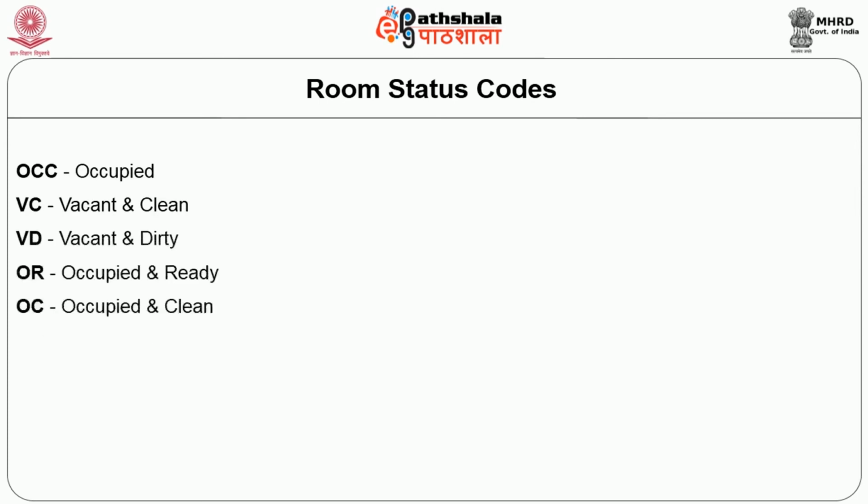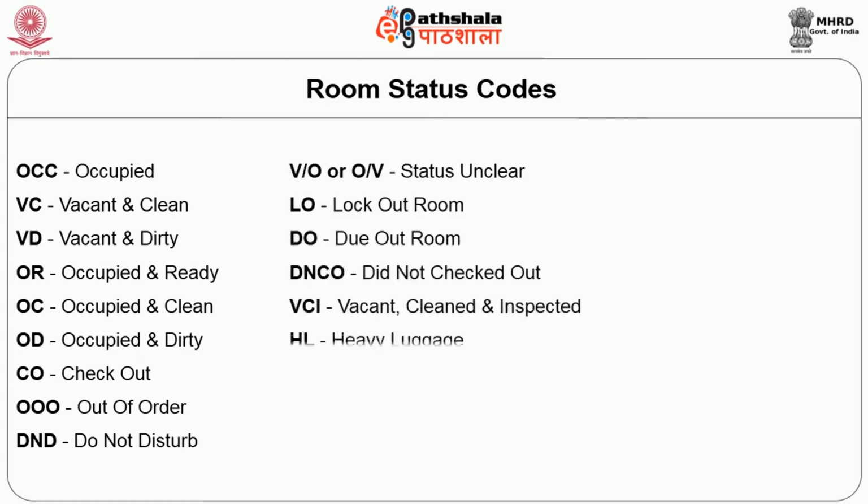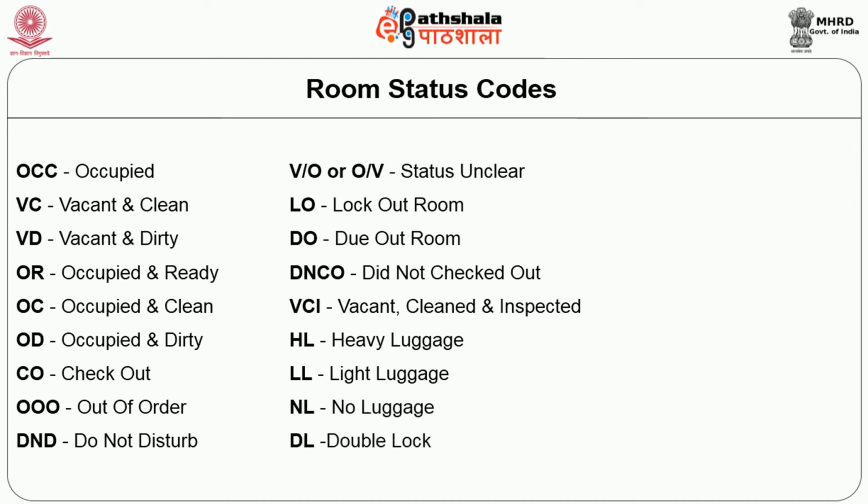OCC refers to occupied rooms, VC refers to vacant and clean rooms, OR represents occupied and ready, OC represents occupied and clean, OD represents occupied dirty rooms, CO means checkout rooms, OOO which is the out of order rooms, DND represents do not disturb rooms, VO or OV represents the status unclear, where the departments have to coordinate to make it clear, LO representing lock out room, DO denoting the due out rooms,